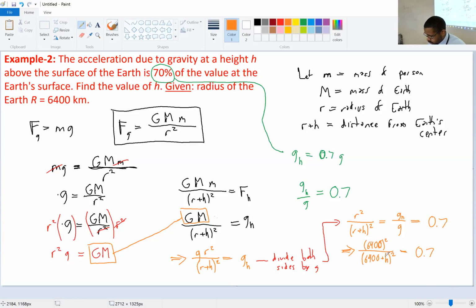And then you can multiply both sides by this expression: 6,400 squared equals 0.7 times 6,400 plus H squared, and then just proceed to do the algebraic manipulation,